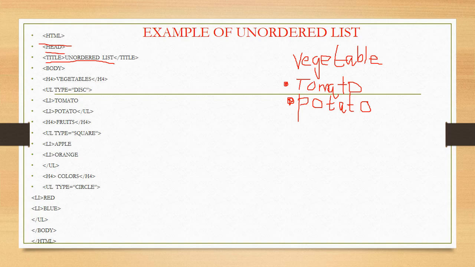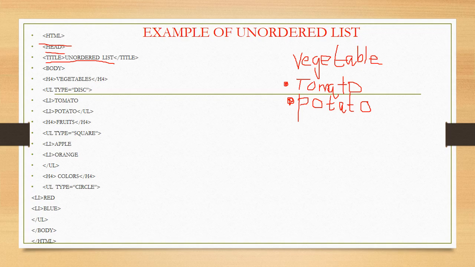Now UL tag, it is a bullet, right? What type of bullet is it? It is a disk. So you can give UL type. What is the type? Disk. Type in double quotes, you can write disk. And what are the items there? Tomato and potato. Each item of an unordered list will have Li. So I'll write Li tomato, Li potato. Over, right? Only two items I have with the disk. Now I can close my UL tag by using /UL.